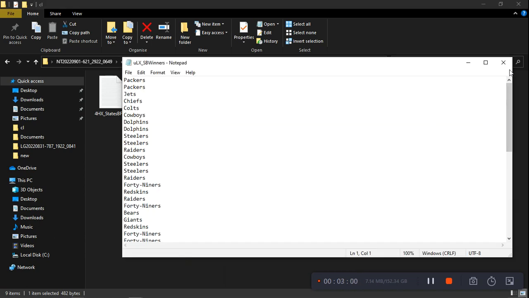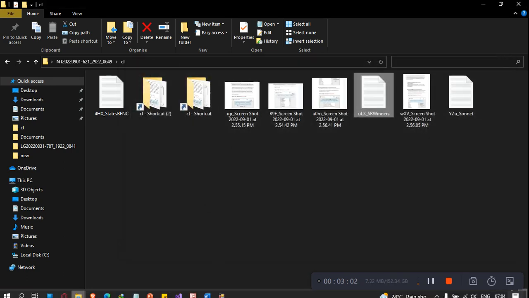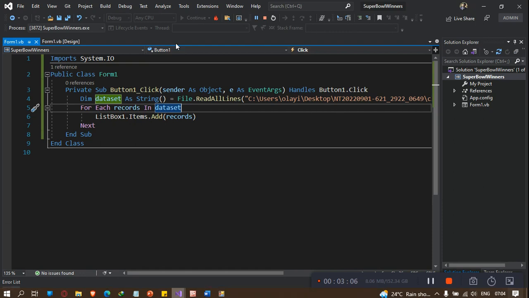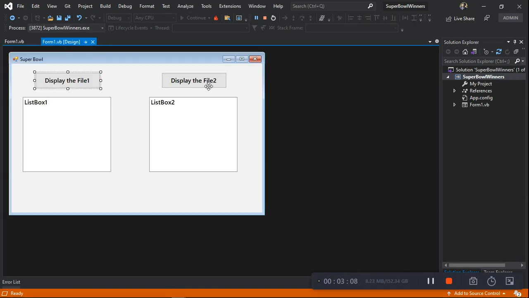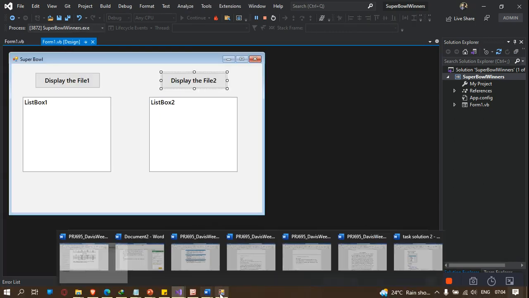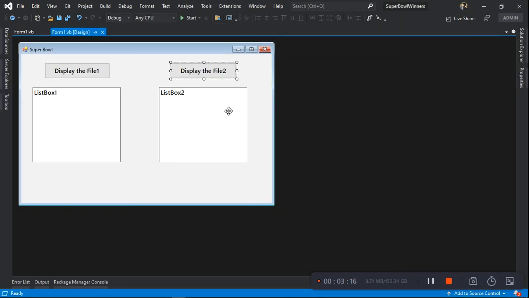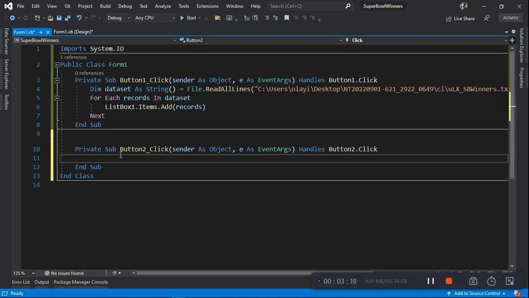Now let's do it for the second one so that it will be clearer. Let's come to this place. If you run the program now and click on this one, it will not show anything because we have not coded anything inside. So let's close this and write code on the other button. Let's do the same thing. We just declare a variable, dataset,